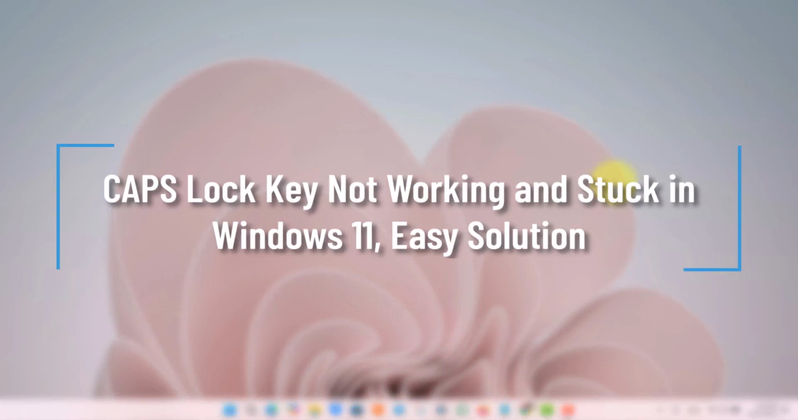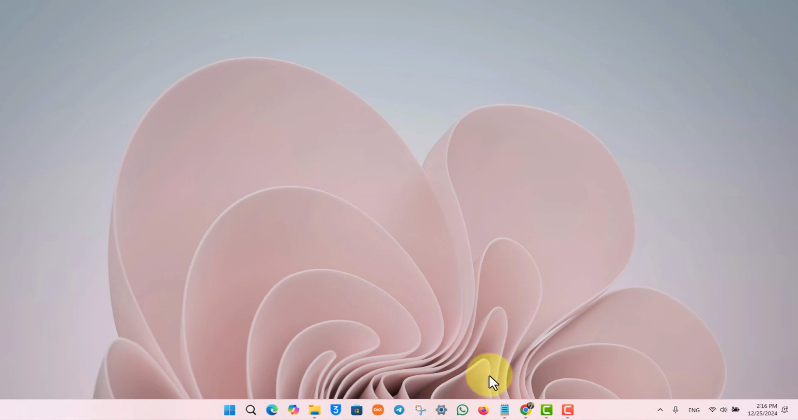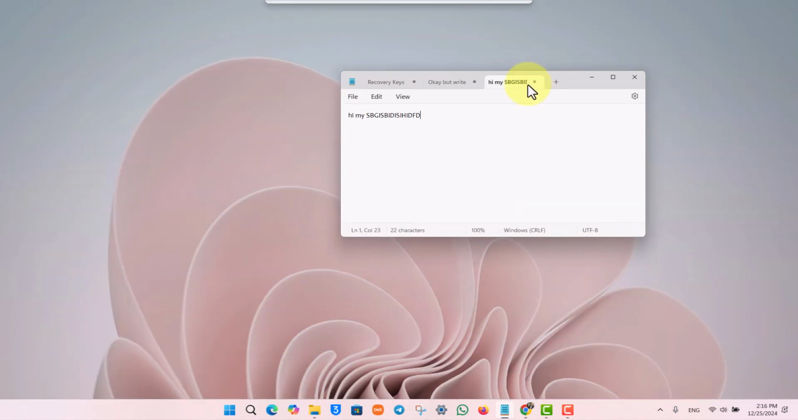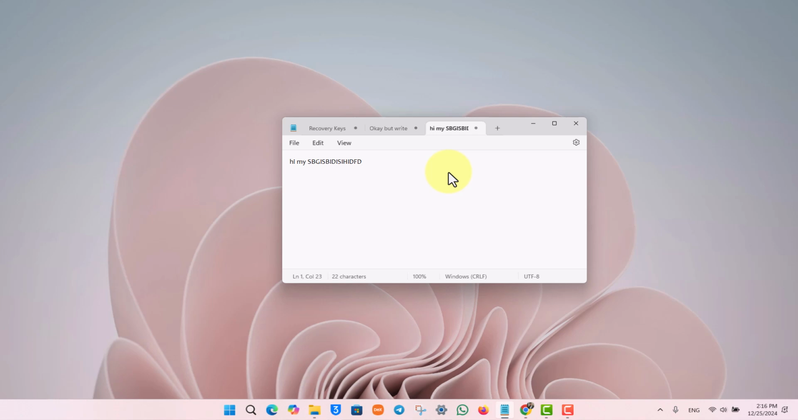Caps lock key not working and stuck in Windows 11, easy fix. So if your caps lock key is actually stuck, basically you've been trying to figure out some of the ways on how you can fix it if your caps lock is not working. Now, if the issue is with the hardware, then what we can do is